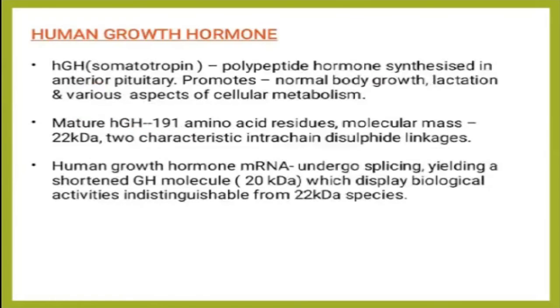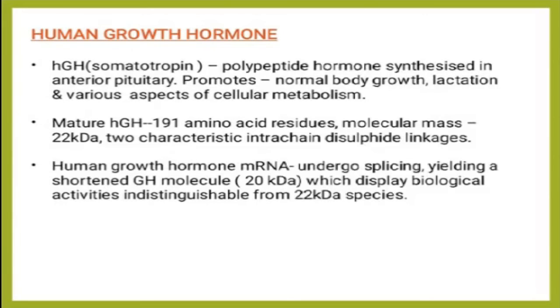Next one, human growth hormone. Human growth hormone, or somatotropin, is a polypeptide hormone synthesized in the anterior pituitary. They promote normal body growth, lactation, and various aspects of cellular metabolism. The mature human growth hormone consists of 191 amino acid residues with a molecular mass of 22 kDa and two